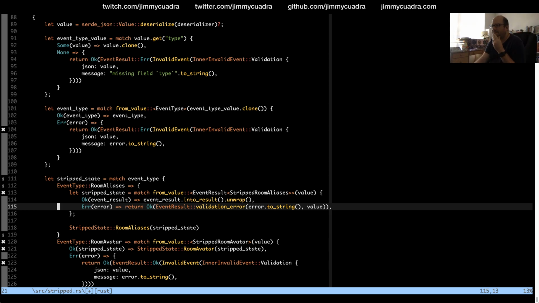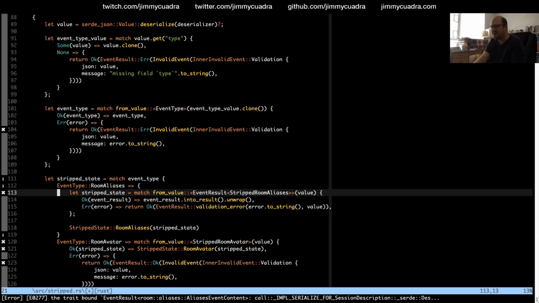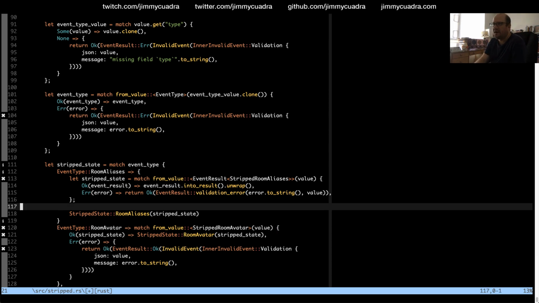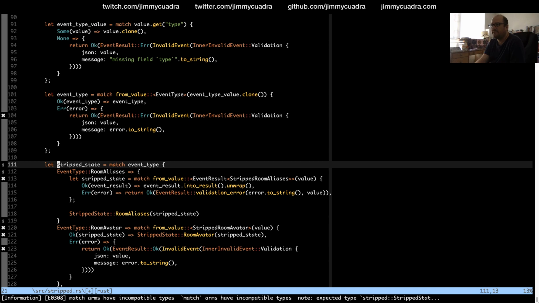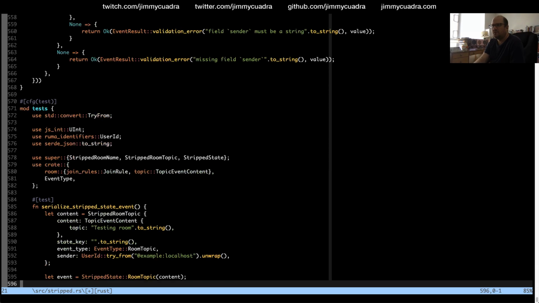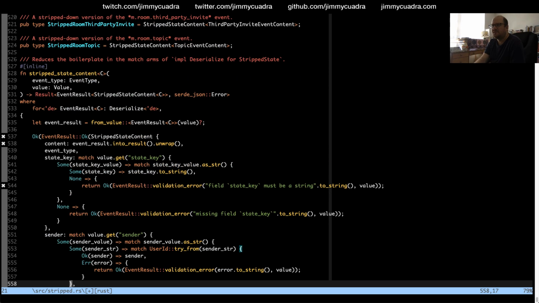Okay. So this actually... Stripped room aliases. It's really the content that we want to extract as this. Right, 111. So it's kind of like this.